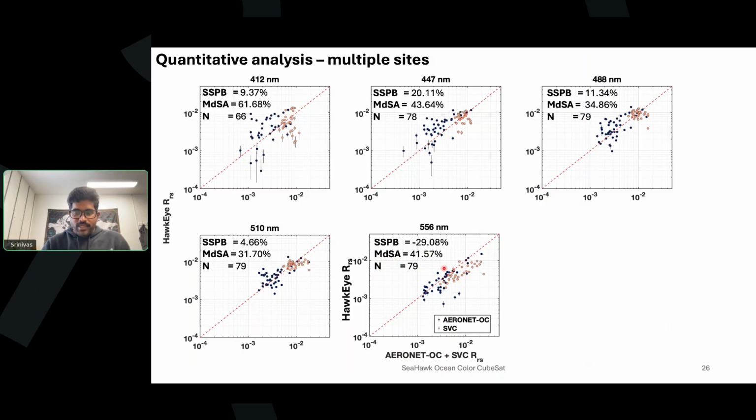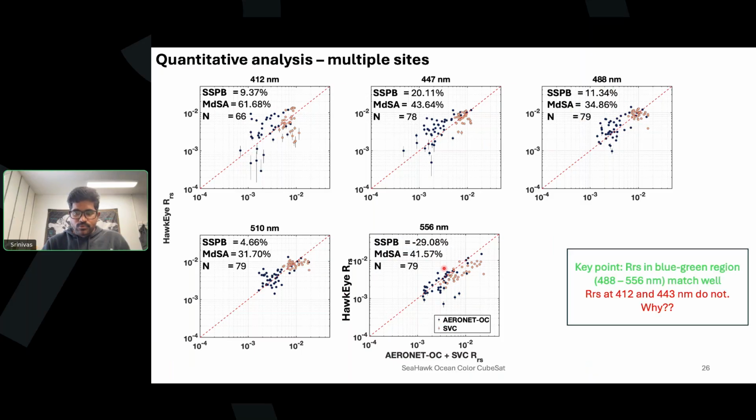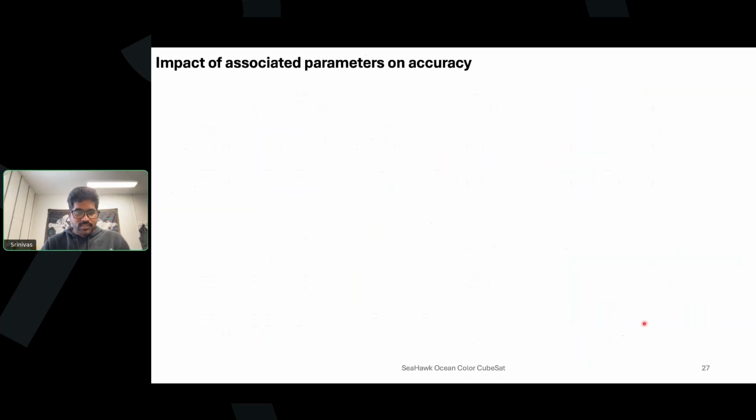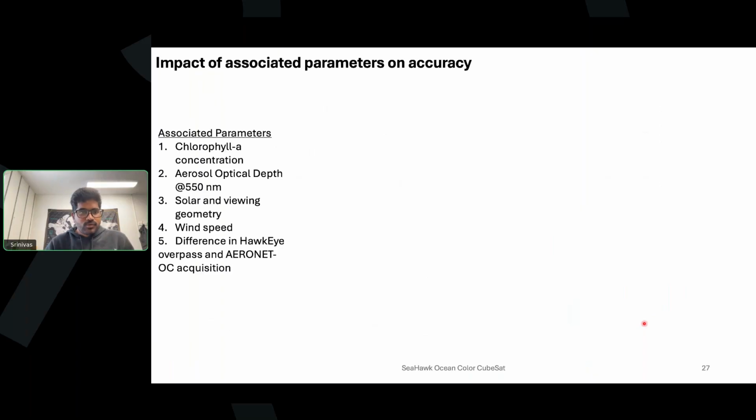So the key point is the remote sensing reflectance in the blue-green region matches well with the in situ data, but not at 412 and 443. In order to find out the reason, we evaluated the impact of the associated parameters on the accuracy. So this is the list of the associated parameters that we considered to evaluate the impact on the level 2